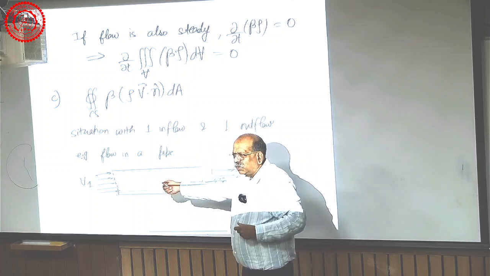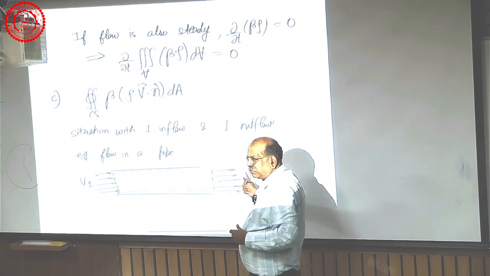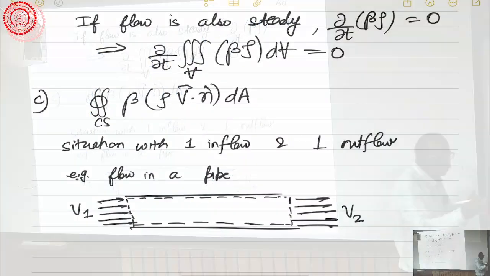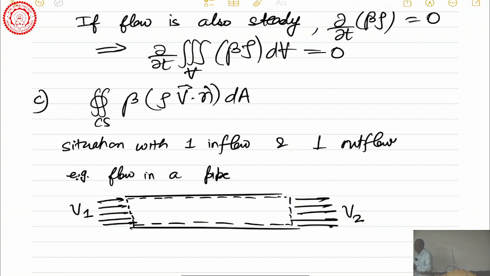It comes in with a velocity v1, it leaves with a velocity v2. Now here I have shown the control volume,